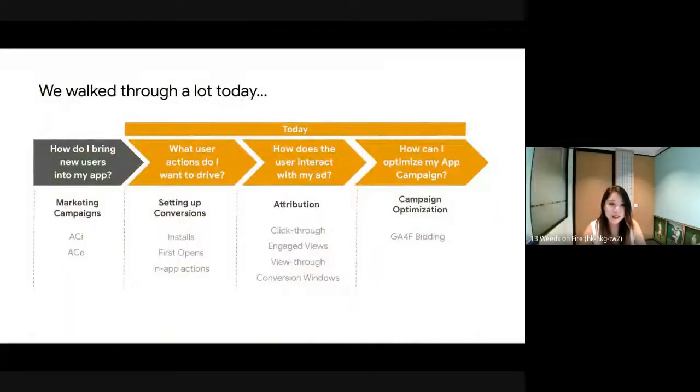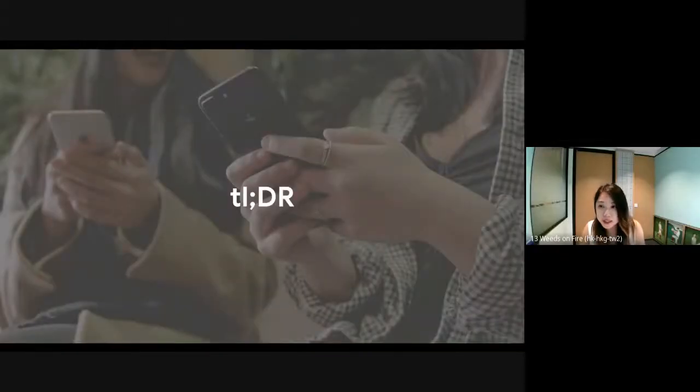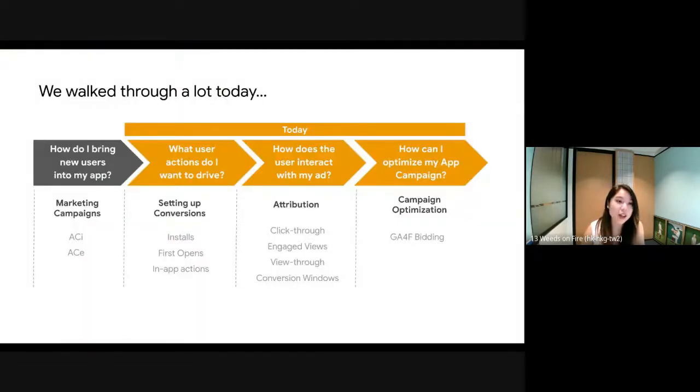Thank you so much, and thank you for all of our speakers today for the very meaningful sharing. So we have shared a lot today. We walked through what user actions are, setting up conversions. We also talked about when users interact with the ads, what are some reporting conversions that we can look at.